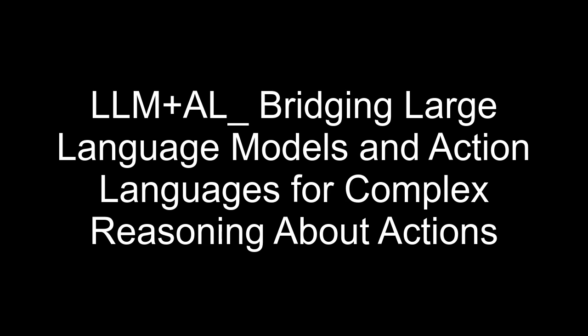The paper mentions that LLM plus AL benefits from human corrections, unlike the baseline LLMs or the LLM plus code approach. Can you elaborate on this difference? While LLM plus AL still requires occasional human intervention, the errors are typically relatively minor and straightforward to correct due to the clarity of the BC Plus representation. In contrast, the baseline LLMs showed little improvement even with extensive human feedback. The LLM plus code approach generated complex Python code that was significantly harder for humans to understand and correct.